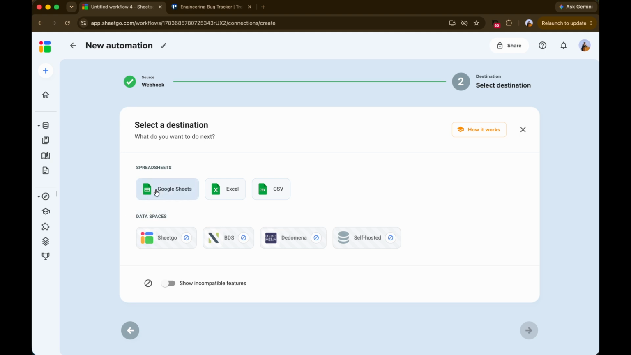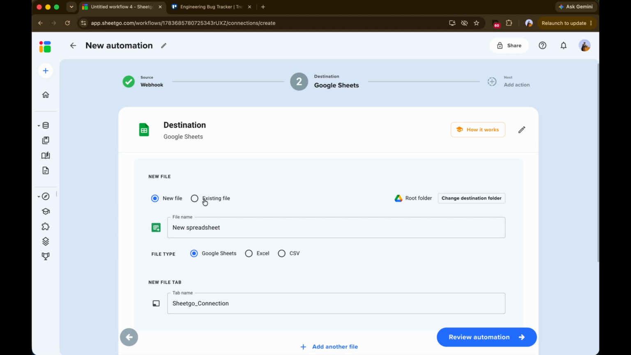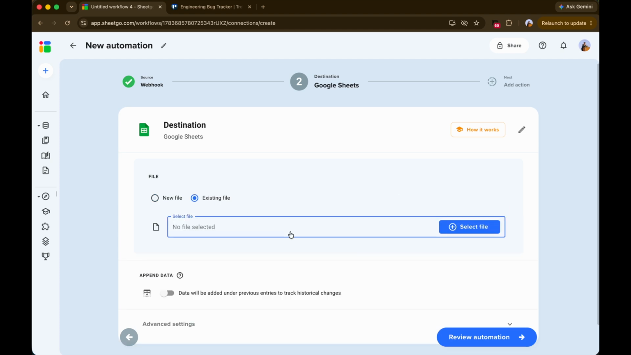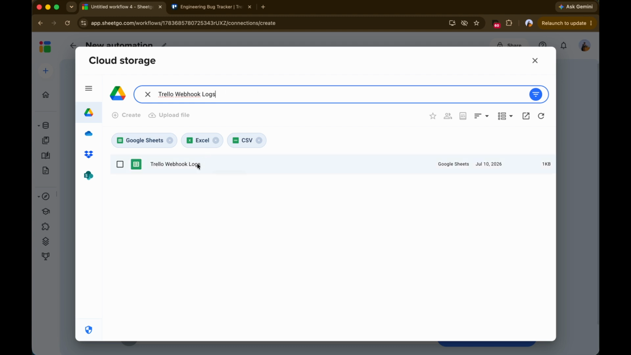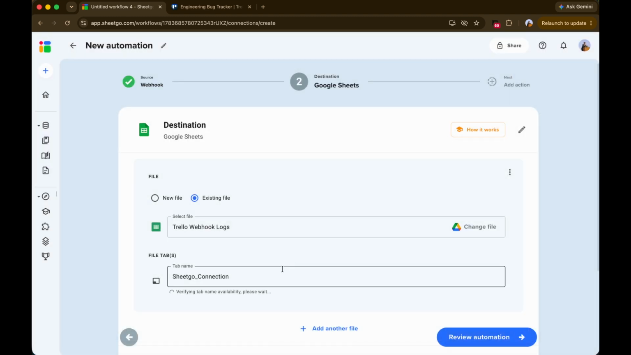So I'm going to click on Google Sheets here. In this particular use case, I'm going to be clicking on existing file. I'm going to load up the picker. I'm going to search for my Trello webhook log spreadsheet. I'm going to select that, click on done, and give it a new name. And once I'm done with the destination